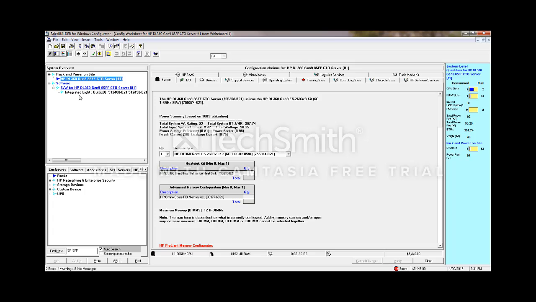Integrated Lights-Out is the remote KVM capability. Most customers will want this, so usually we'll leave this in. We're going to leave that alone for now. Looking at the server piece here, we have the server itself, and we can give the server a name